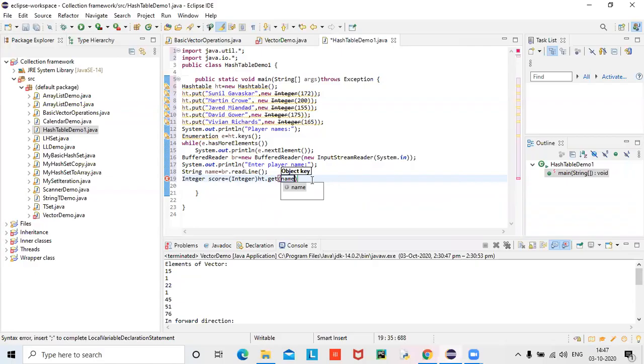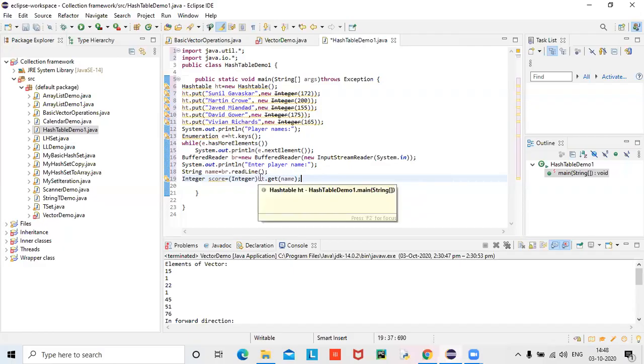Name is the key. Done. So you are typing name here. Name is the key here. So that corresponding value will be stored in, because ht dot you are writing. Ht dot get name. Okay, fine.